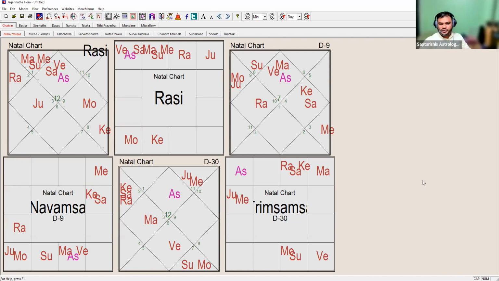Jupiter Dasha must be running, but the reason is not known to us. There are many reasons for this particular problem. The doctor told me that my heart is quite fine. बहुत अच्छे से है आपका हार्ट, बिल्कुल उसमें कोई कोलेस्ट्रॉल वगैरह कुछ नहीं है.